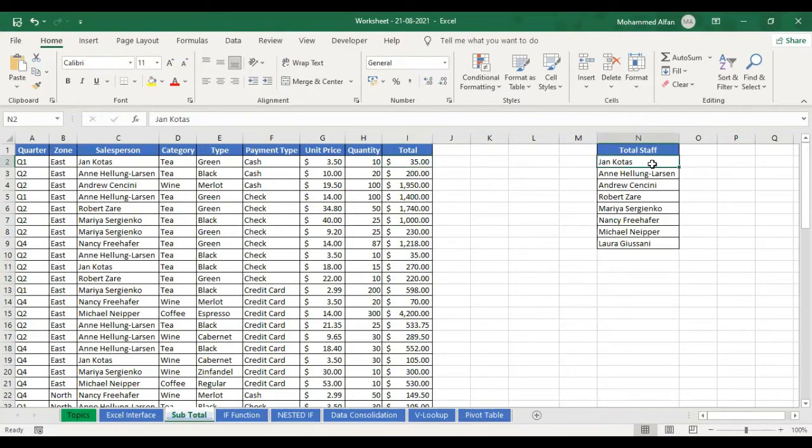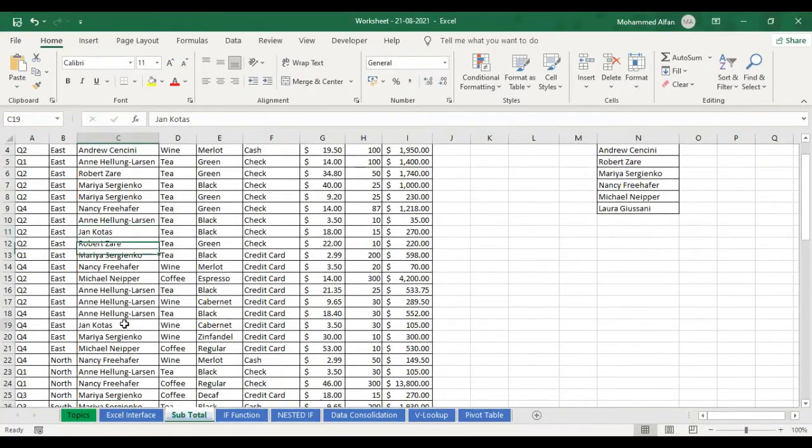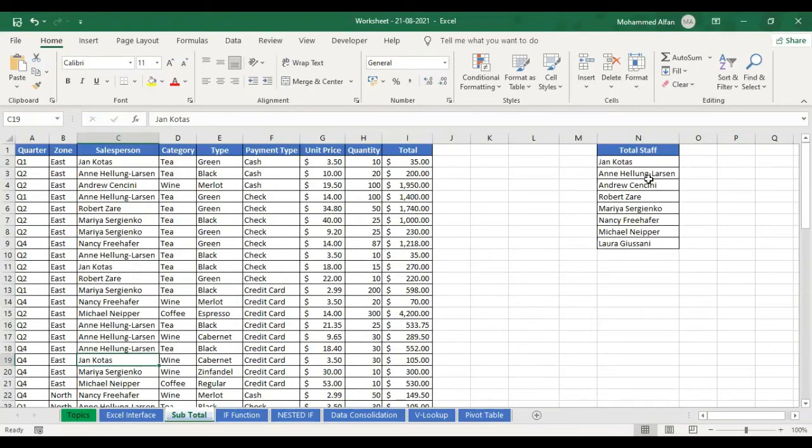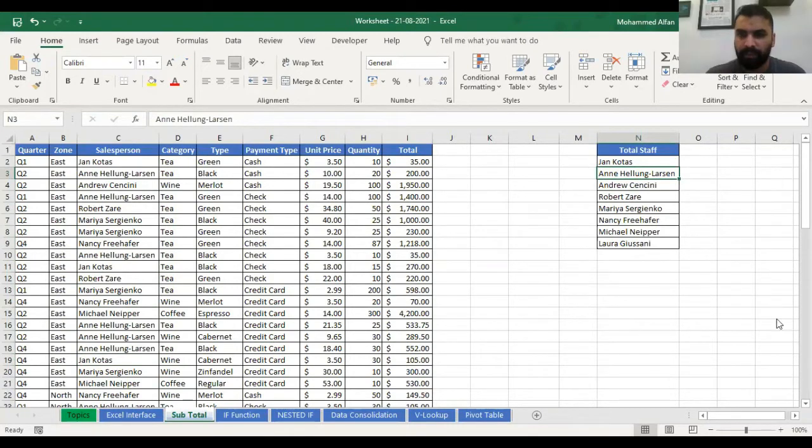Here, this person, Jan Kotas, brings in the sales frequently, and similarly others also bring in sales frequently. If all of a sudden the manager asks to see a separate sales report for each salesperson,